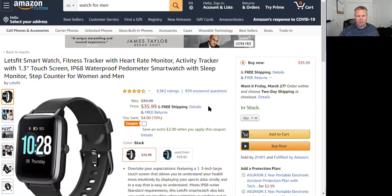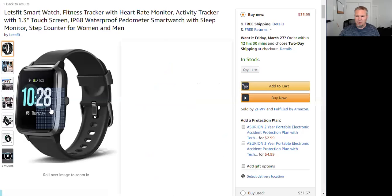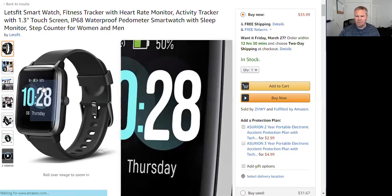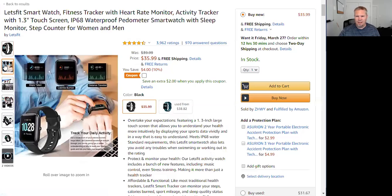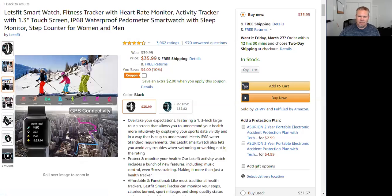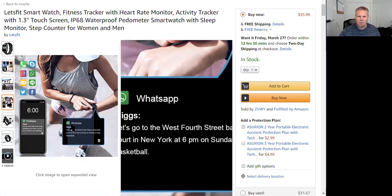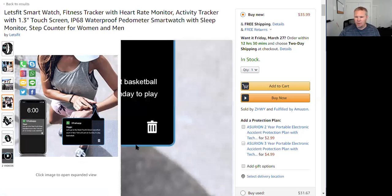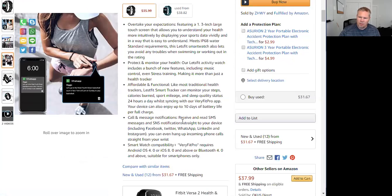So then here, to optimize this listing, you've got this main image, and a lot of times people will hover over it to kind of get a blown up version of it. And then they'll go through these secondary listing images, right? And so they're trying to search and see if this solves the issue that they're having, right? Oh, great, it sends me messages. That's exactly what I'm looking for, right? And then they'll glance over here real quick to the bullet points, and they'll try and find something that,